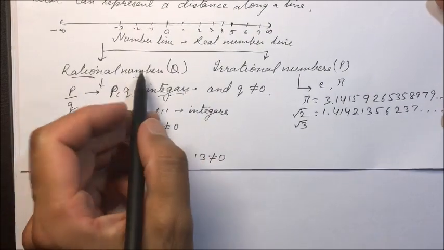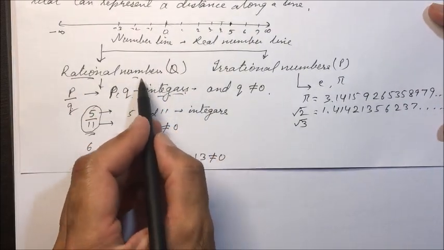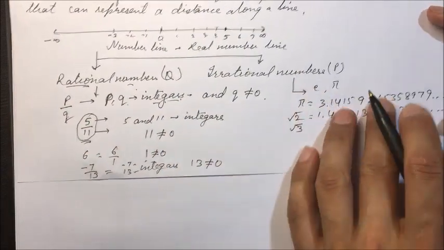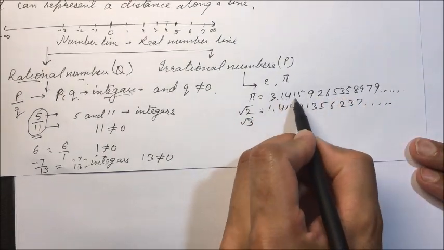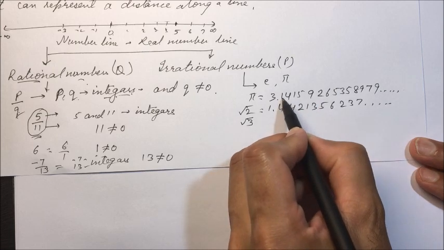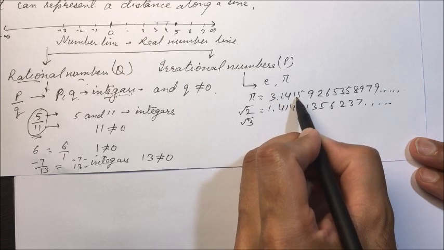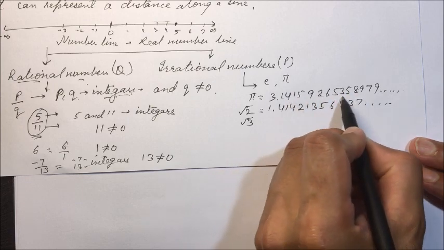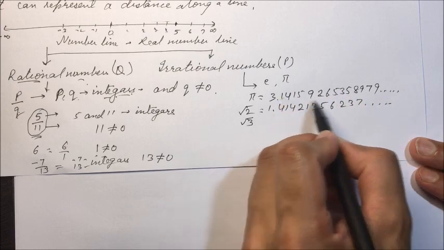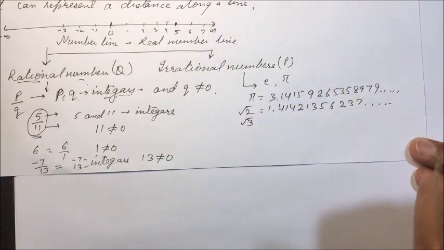So after the decimal, these digits are repeating. So this is called a repetitive number. So rational numbers can be repetitive as well. Irrational numbers, see here, the digits are not repetitive. Even if you take a big block of numbers, for example 1, 4, 2, 1, 2, 3, 4, 5, 6, 7, 8, 9, 10, even that block is not repetitive.